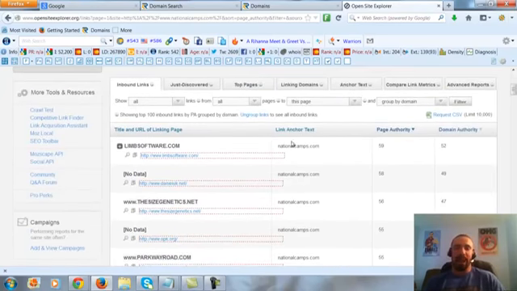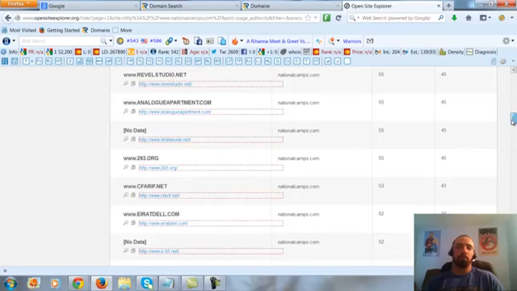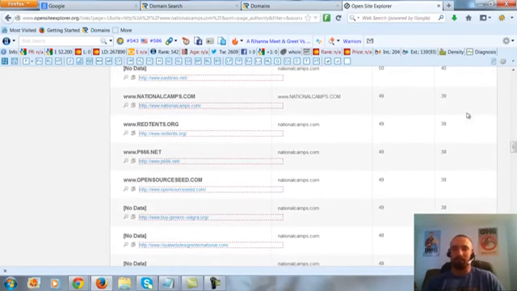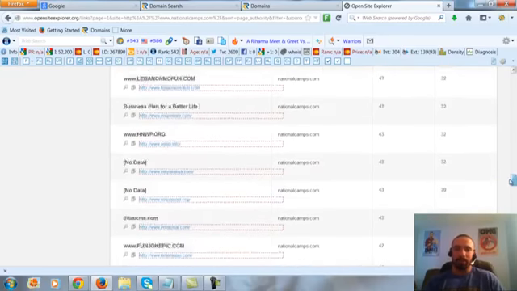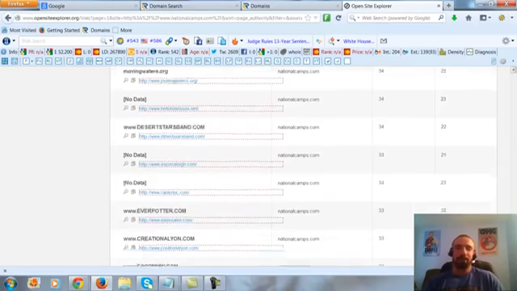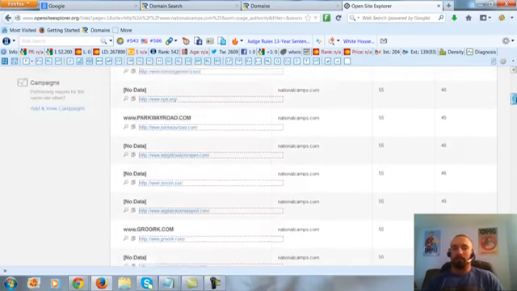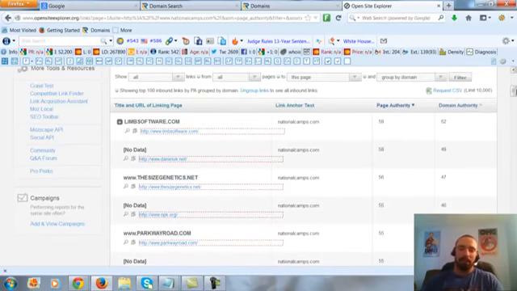The second thing is the same exact anchor text all the way down. That means someone probably built these links themselves. Here's a little different one, but still kind of the same thing, pretty much the same all the way down. It would probably be fine if it was changed up a little here and there. Maybe they just have a lot of branded anchor text, and that's fine.